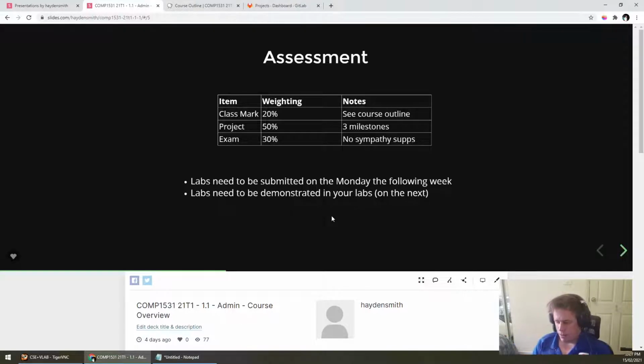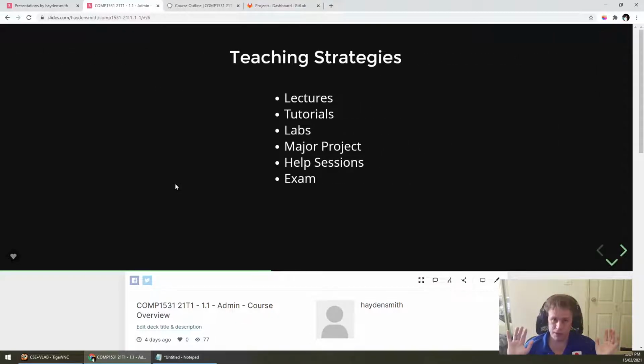The way that labs are due in this course is that labs are due on the Monday following the week we give them. What that means is week 1 lab is due Monday morning of week 2. Week 2 lab is due Monday morning of week 3. It used to be due on a Sunday night, but CSE is trying to move us away from weekend due dates, so now things are due on the Monday morning following. This is written in your labs. Everything I'm telling you is already written down, and we've explained it. I know that I'm one of those people too. I don't like to read stuff.